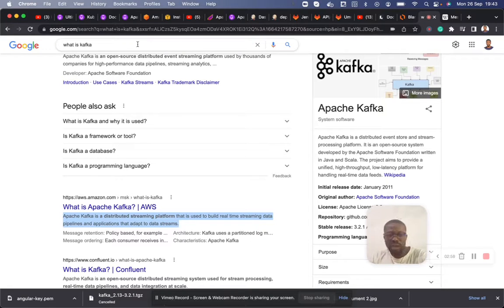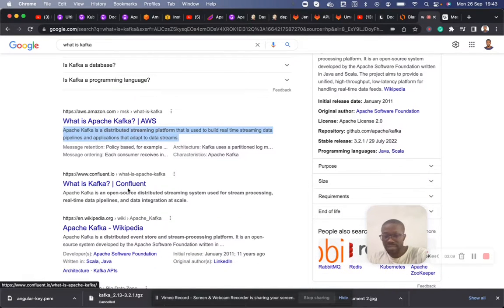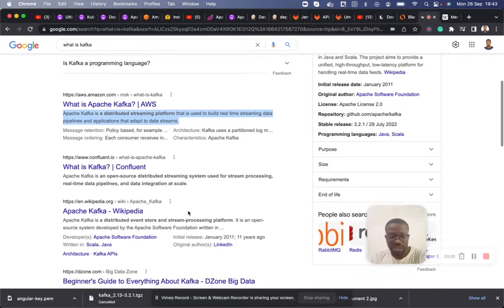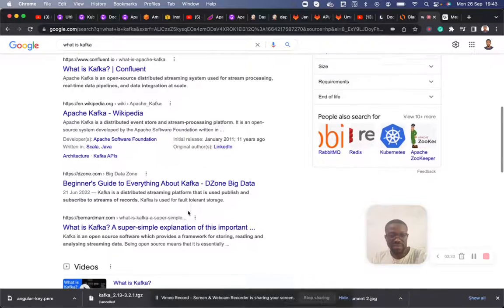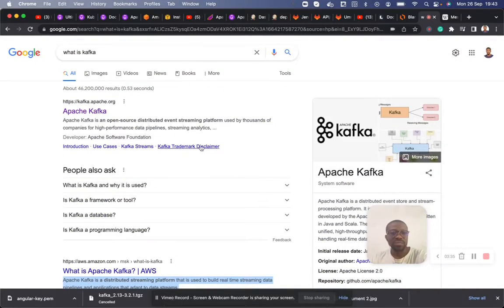Kafka was originally developed by LinkedIn, then it was picked up by a company called Confluent, which started developing vigorously on Kafka. So Kafka is an open source distributed streaming system used for stream processing, real-time data pipelines, and data integration at scale. It is very rugged. So that's what Kafka is.